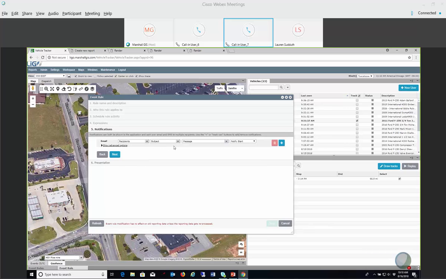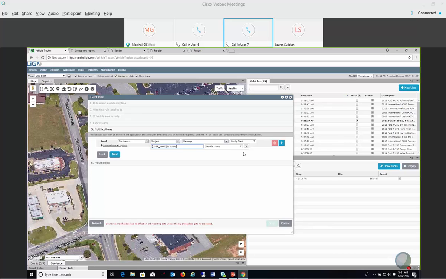Then I want to identify what vehicle went in and what geofence they went in. In the drop-down menu, I can come down here, and all I have to do is pick vehicle name. It'll automatically put the vehicle name in there, and I want to say vehicle name is inside,